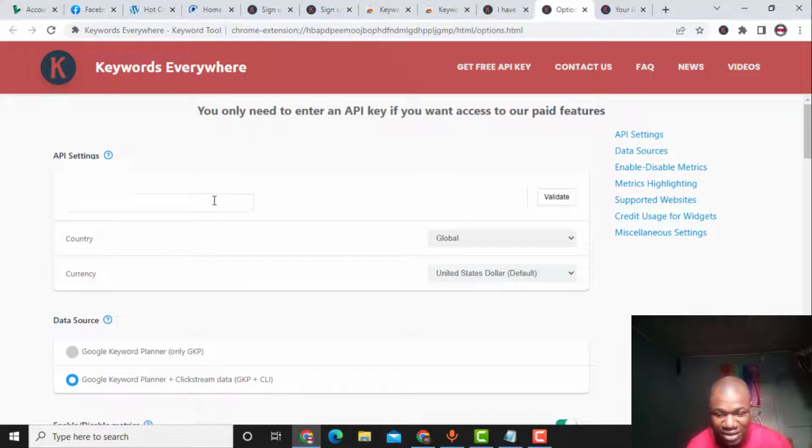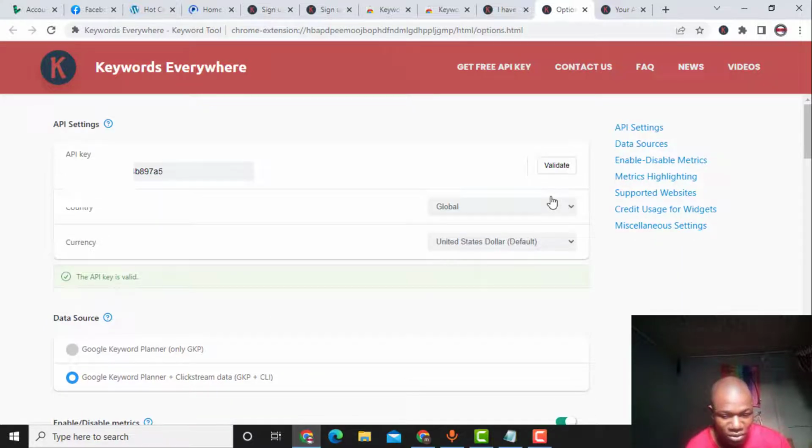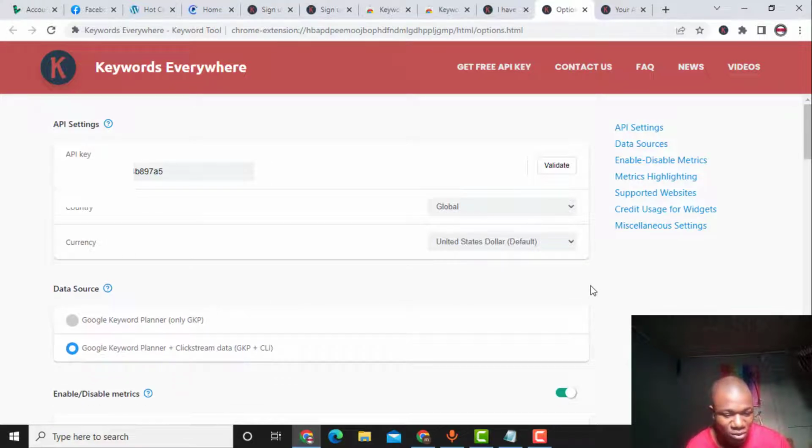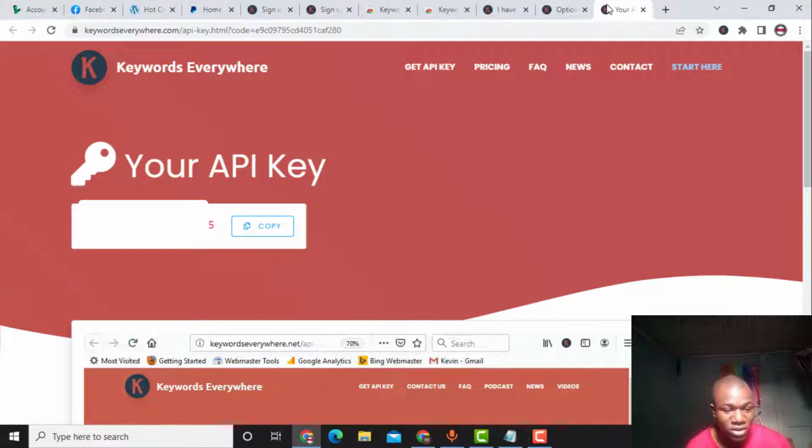So I enter the API key, I paste it, and I click on validate. So the API key is valid. So I have confirmed I have validated this API key. So next thing now is to buy the Keywords Everywhere tool, is to purchase a credit, which in this case,